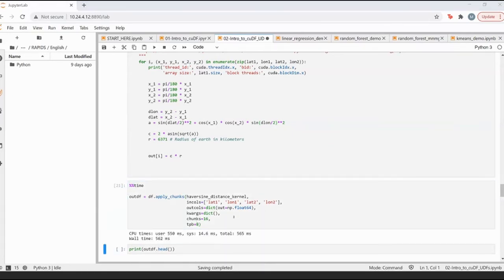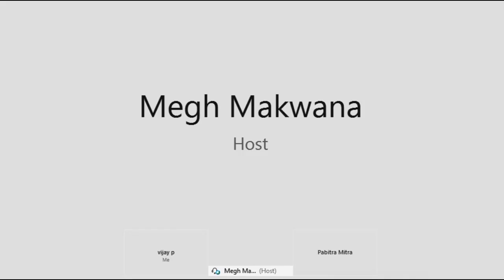Let's wait a couple of seconds while this execution is happening. After this, I'm going to go back and show you the terminal prompt where this execution has happened. So let me share my terminal. Just a second.